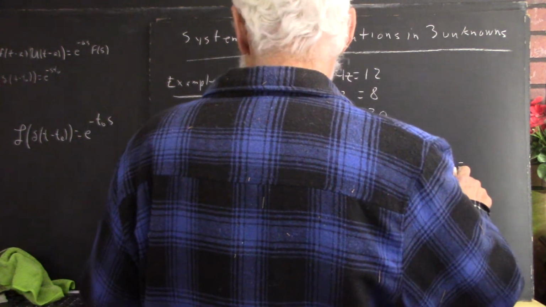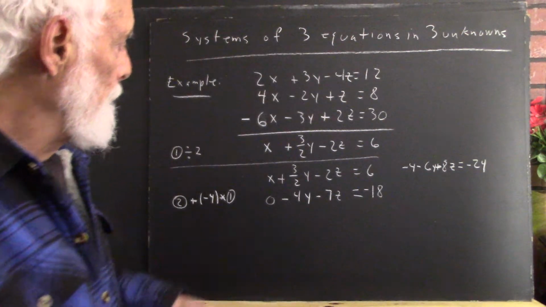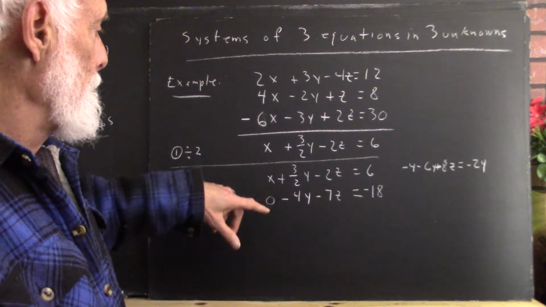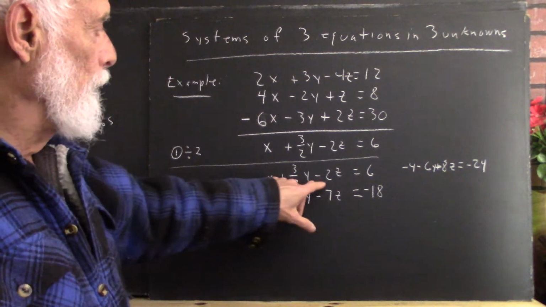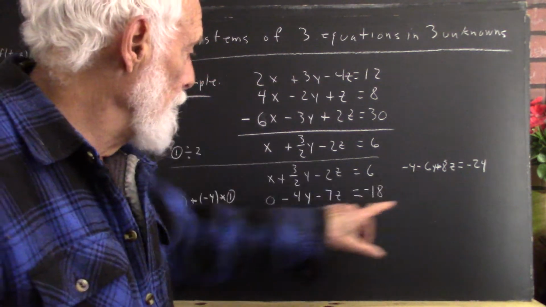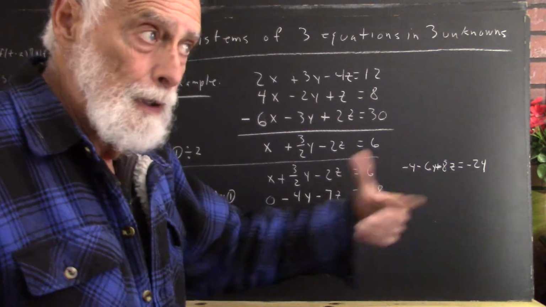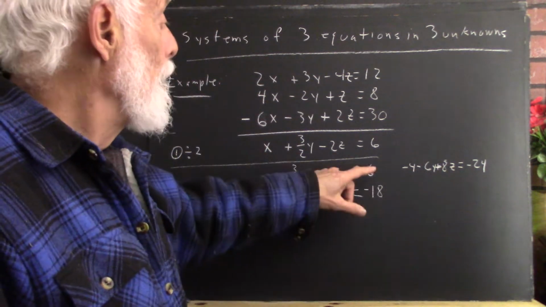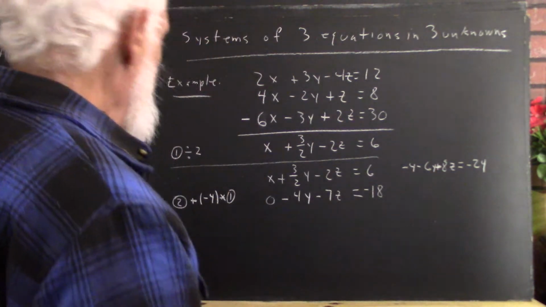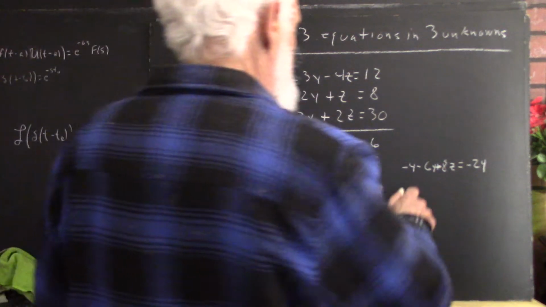So it's a good thing I'm writing this out, because I did that by pointing. If I multiply everything here by negative 4, I do get negative 4x, I do get negative 6y, but I get plus 8z. And a minute ago I said I had negative 8z. And negative 4 times 6 is negative 24. So when I add 8z to the z here,